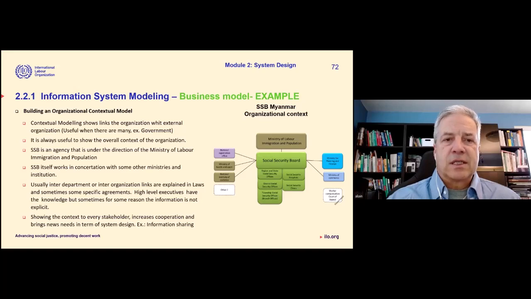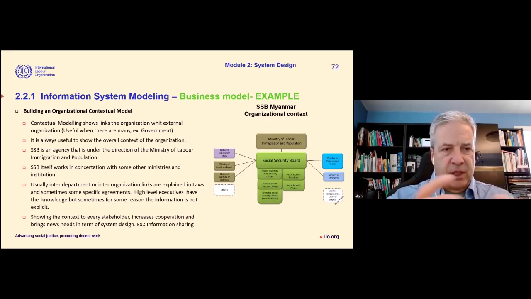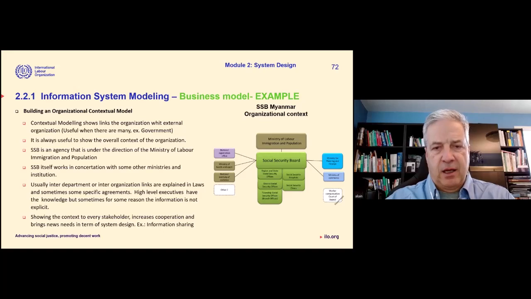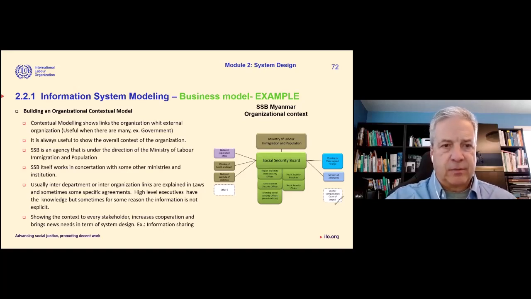So this kind of business model, the idea is to provide you a way to understand the whole universe you're in and make sure that you understand it by challenging, by asking the higher management to validate this model with you, because this will talk to them. This is a language they will understand. It's not too much detail, and for you, it will bring you some clues about some places that you need to have more attention when you do the design of your system.